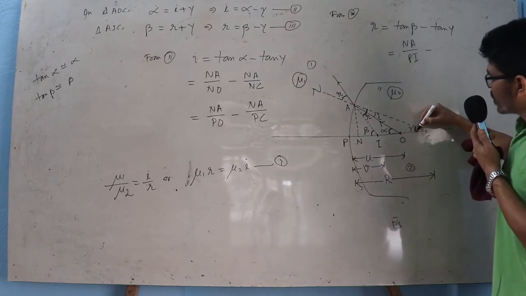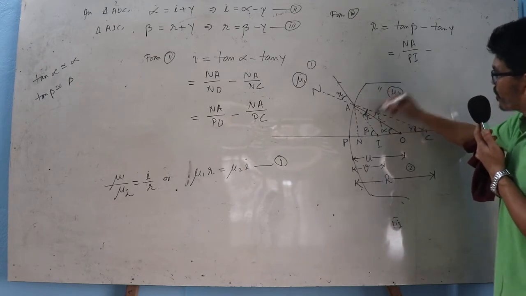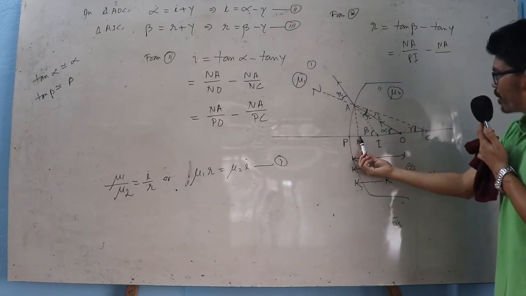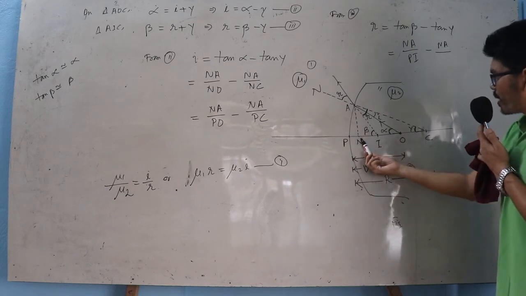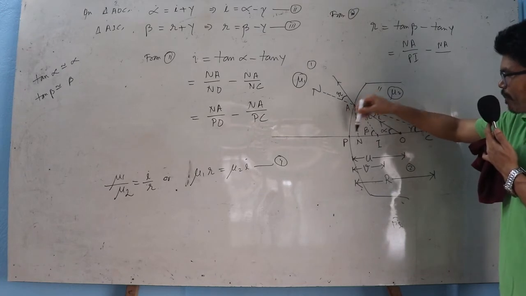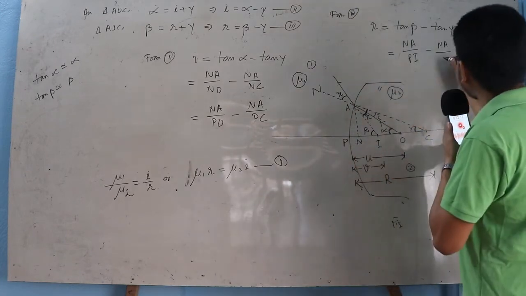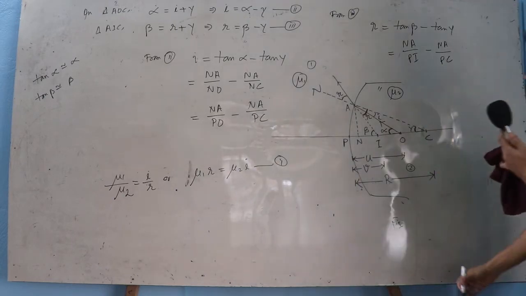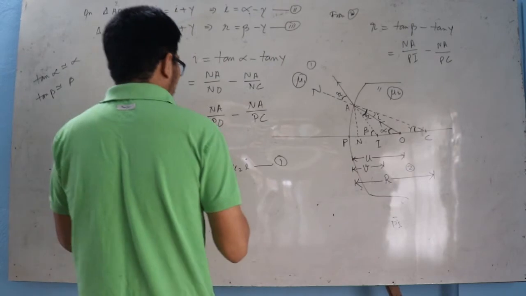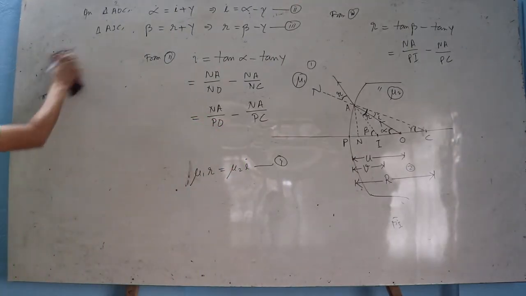So tan gamma is equal to, look at this triangle ANC. Perpendicular is, you can write NA again, divided by base should be NC. So instead of NC, you can write as PC, simply because P and N are very close to each other. So you can write as PC. Okay, these are the two equations we have. So you put back in equation number 1. Using in 1,